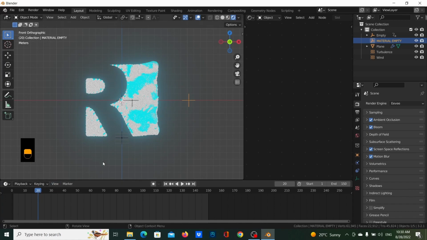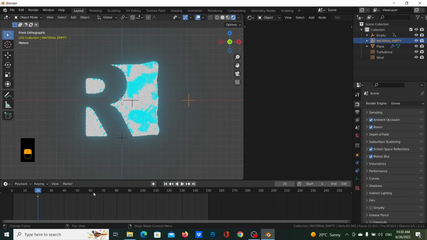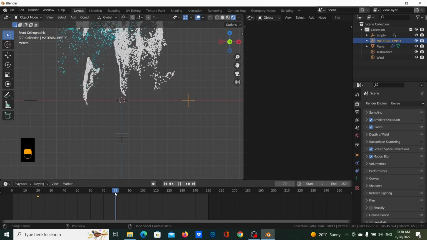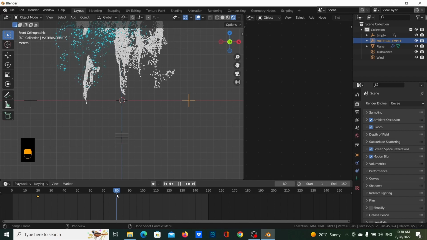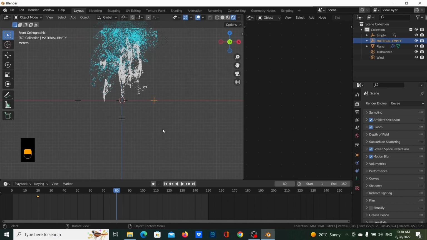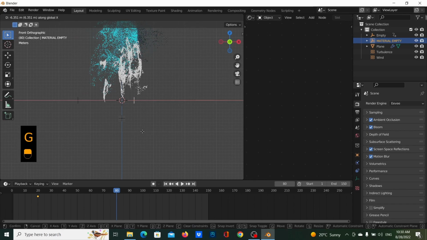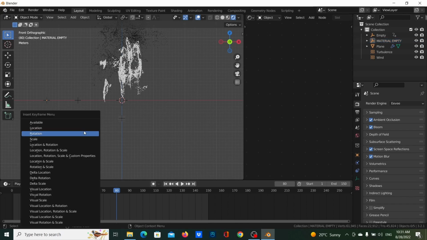We're gonna put a keyframe on the timeline to about 20, and then we're going to go to about frame 70 or 80. Let's just say 80, and let's move this all the way to the left. A bit further away from our, and let's click I, location,